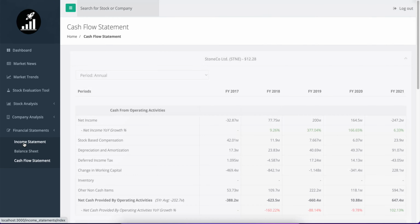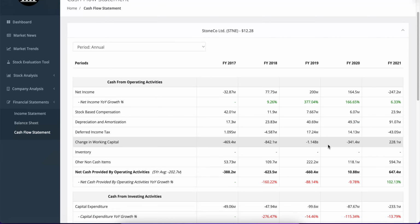And the cash flow statement is the important thing that will tell us what's going on with the operating income here. And you will see that it used to be negative, but actually now it's positive. You will see also that there is quite some extras in terms of stock-based compensation and depreciation and amortization here, which is almost 100 million, and some other non-cash items that could be one-time deals, really. These tend to be one-time things for the most part, so I would probably not take this into consideration and actually deduct it from my free cash flow